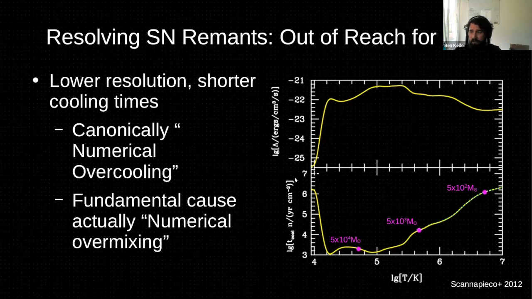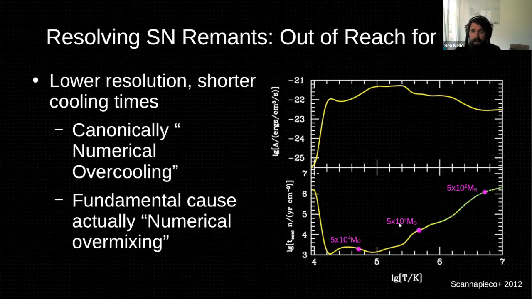What this leads to is a problem where, if you take the energy of a single supernova and deposit it into a particle or a gas cell, you're going to heat it up, but not very much. If you take a supernova and put it in a 50,000 solar mass gas particle, you're only going to raise that gas particle's temperature to just under 100,000 Kelvin. This means at typical ISM densities, you're going to cool away. This is the cooling time here on the y-axis. You're going to radiatively lose all of that energy in a few thousand years.